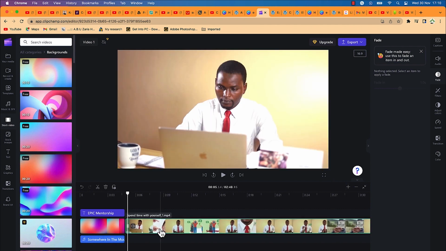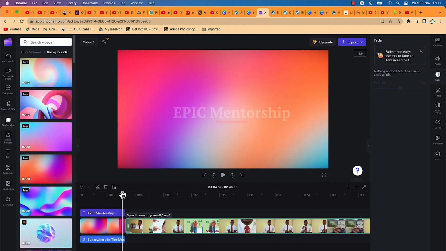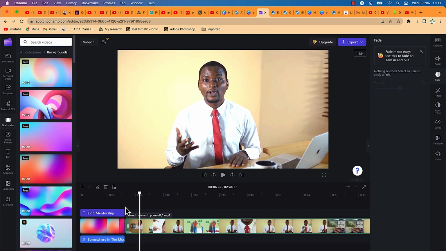All right, so we have it connected, and now let's say we want to try to add a transition in between. Okay, as it moves from here to this, to make it a little bit dramatic, so it moves in a very fantastic way. So to add this transition, all you need to do is to come to transitions over here,